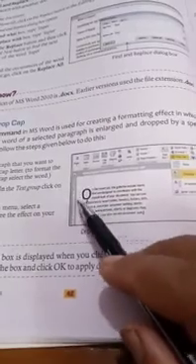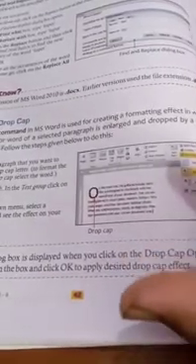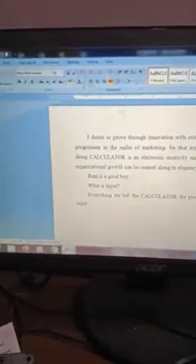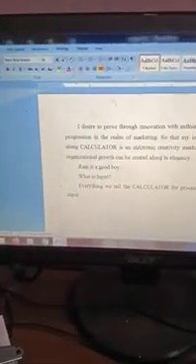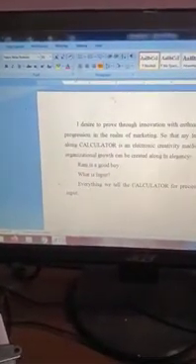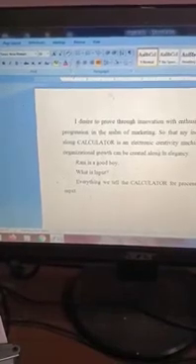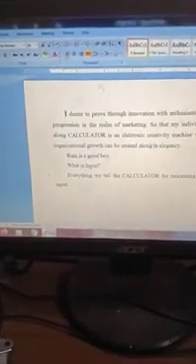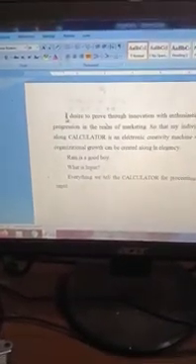If you want to enlarge a particular letter or some particular paragraph, then this is the option of drop cap. Okay, this way you can do this. So I will tell you how you can do this. So this is the document. You have to click in the paragraph that you want to begin with a drop cap letter. So if I want only that particular word, I have to click.